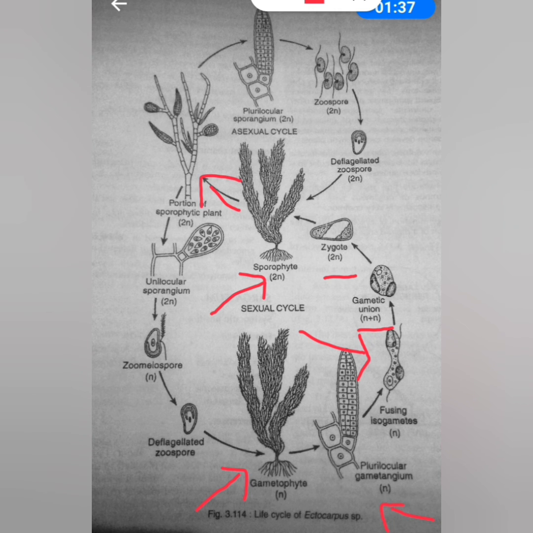You can see here they bear both unilocular and plurilocular sporangia, and the zoospores formed in plurilocular sporangia are diploid and on germination give rise to diploid sporophytic thalli. Also we had already discussed that the zoospores formed by these plurilocular sporangia, you can see this one, are diploid zoospores, right? And on germination they give rise to the diploid